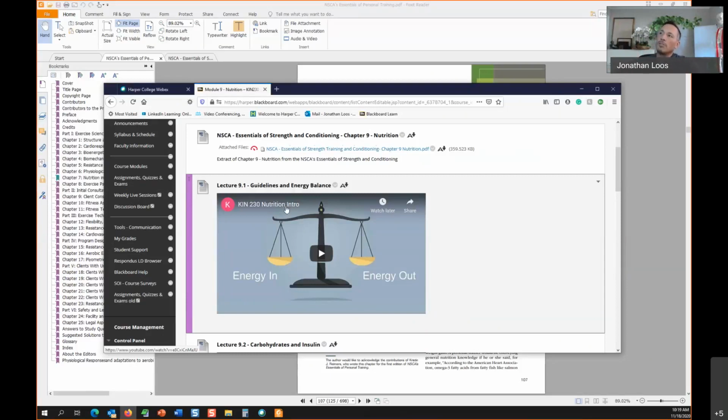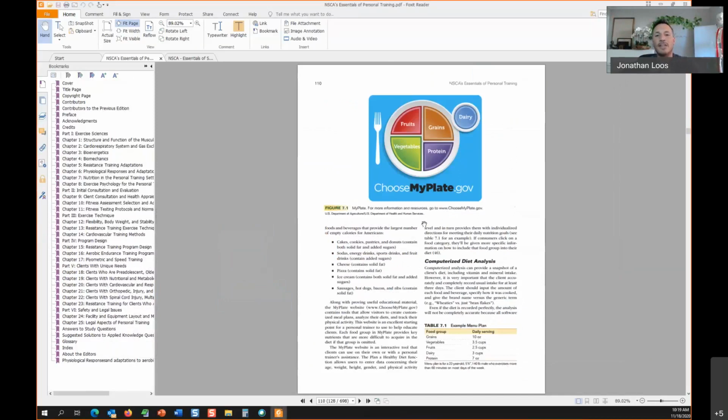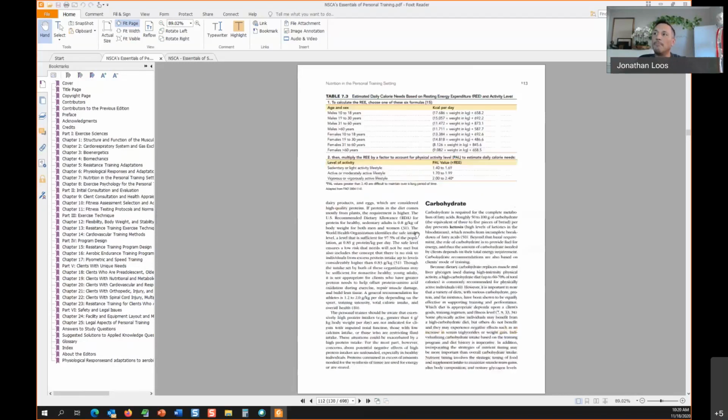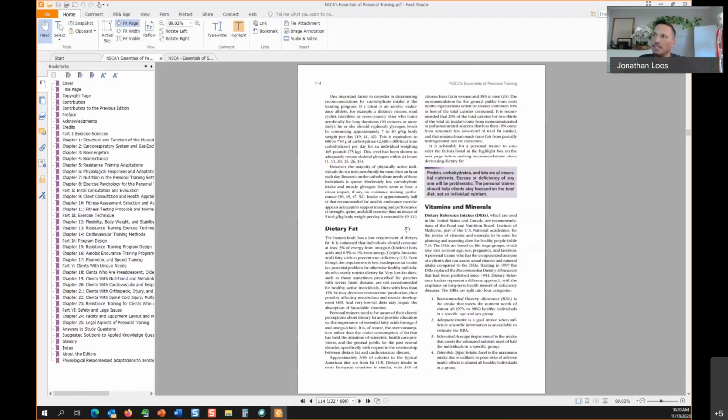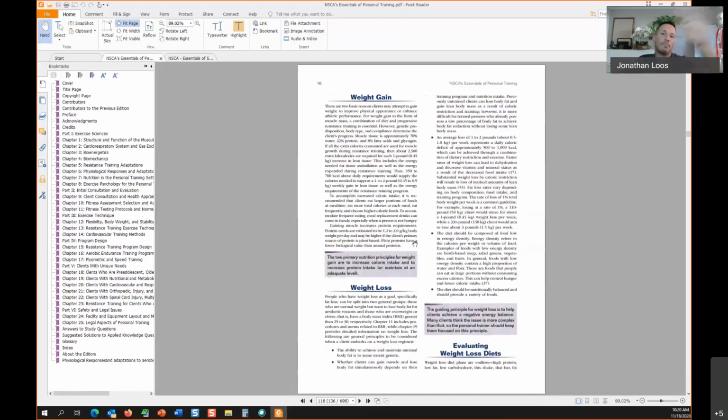So your textbook chapter, the one for the Essentials of Personal Training, really talks about scope of practice, talks about the role, and goes right into the standard fare of this is what the government says, follow this guideline, right? And that's a good starting point for some people. It does get into carbohydrates and fats and the macronutrients a little bit, and then it skims over that and goes right into water and hydration, which is the second round of videos that I'm going to be posting next week, which is micronutrients like vitamins, minerals, and